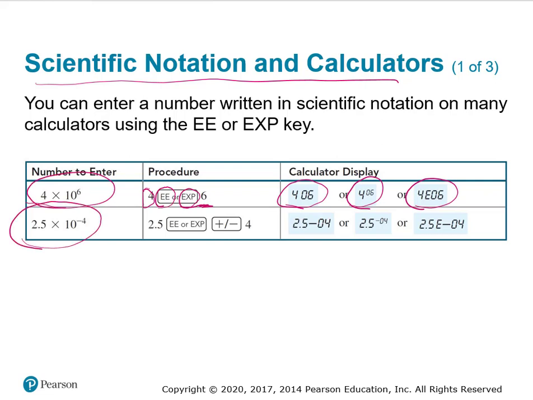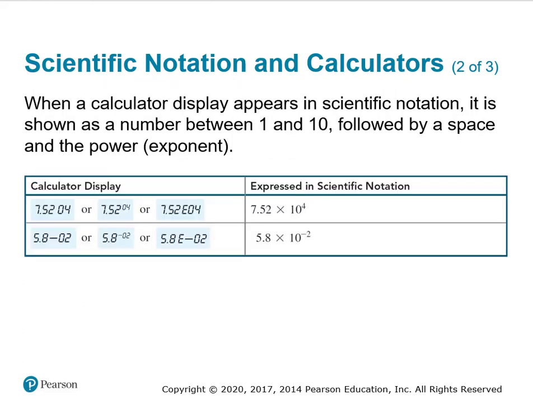To type in 2.5 times 10 to the negative 4th, you would write 2.5, EE or EXP, and then you would hit the plus or minus button, 4, because we would want negative 4, and it will look like one of these 3 ways. When the calculator display appears in scientific notation, now this is a flip-flop from what we just looked at. If it shows us this